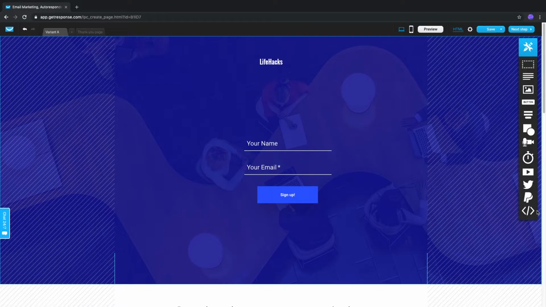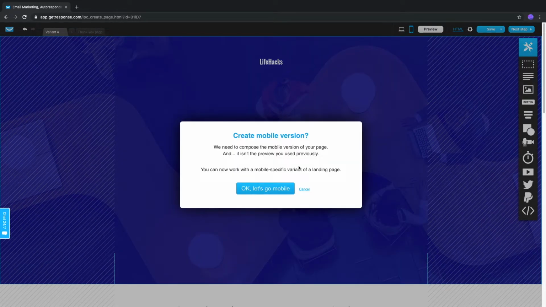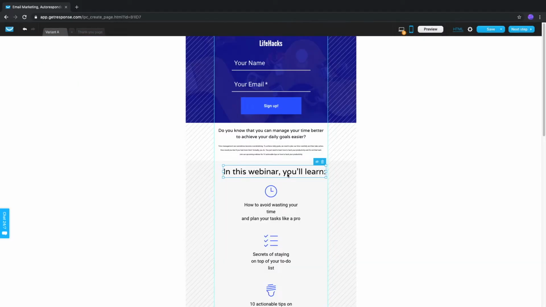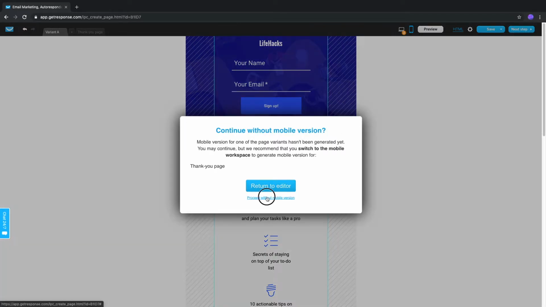Once you've set your page up as you wanted, you'll also want to go to the mobile view and edit how it will appear on mobile devices. In the mobile view, you can drag and drop the different elements and also hide them if there's any elements you don't want to show on mobile. Once you have it set as you'd like, click Next Step,